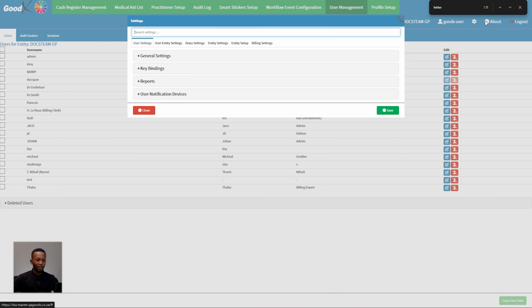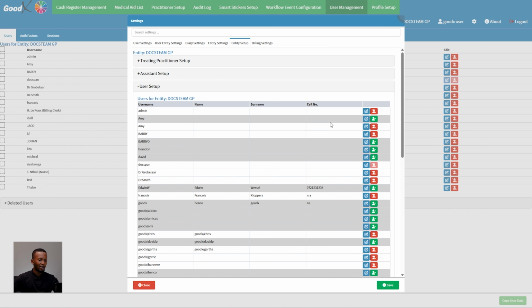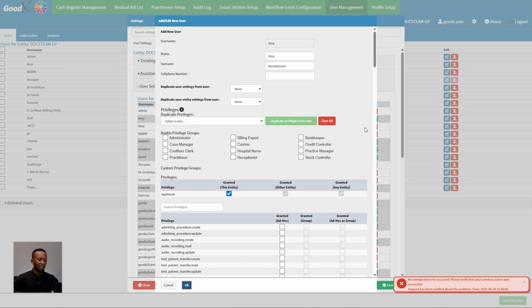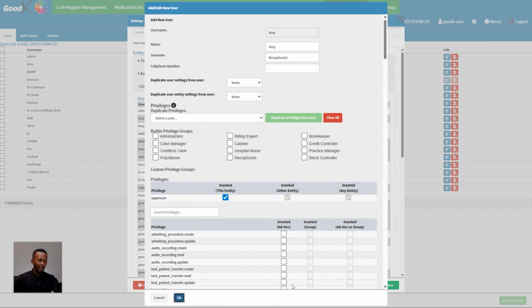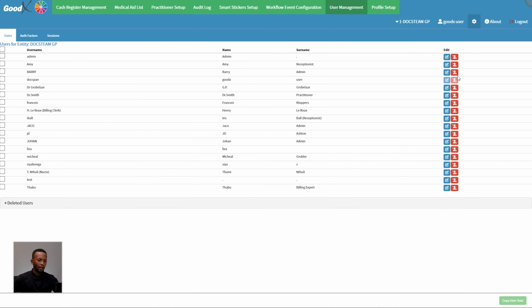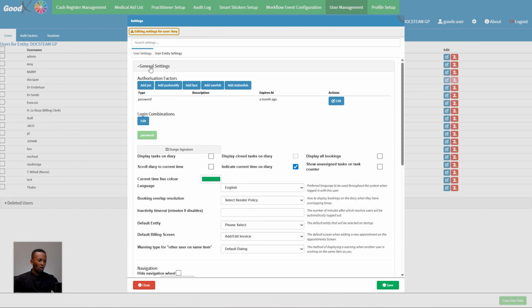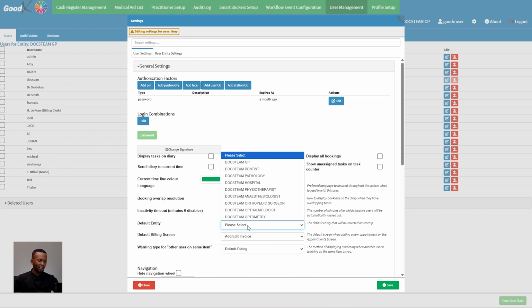Our user setup over here deals mostly with privileges and the access right that the specific user has, whereas our user management deals with how the person interacts with the specific entity, how that user interacts with that specific entity. If I go down to general settings, we can even select the default entity that the specific user